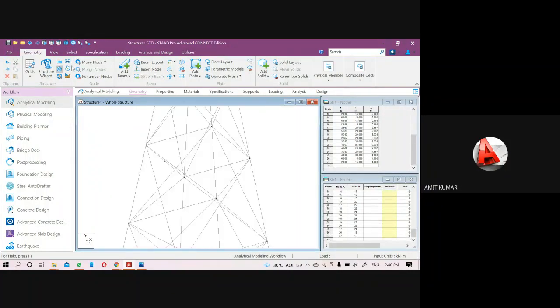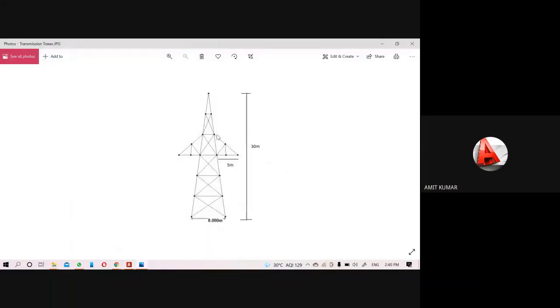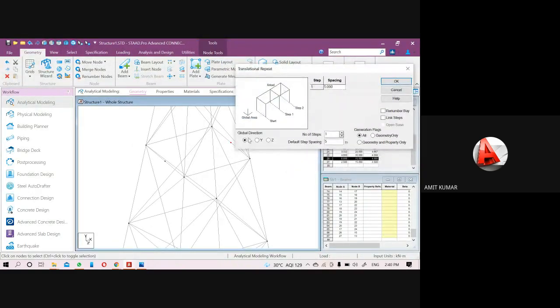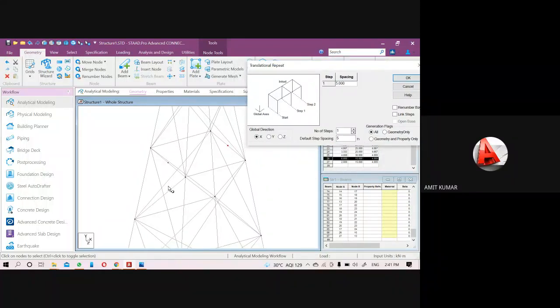Now through the node cursor select this node and use translational repeat here. So first we have to repeat that node up to a distance of 5 meter along the positive x-axis. So I will pick the global direction to x and the default step spacing is 5, and don't link because I want to move the node only.